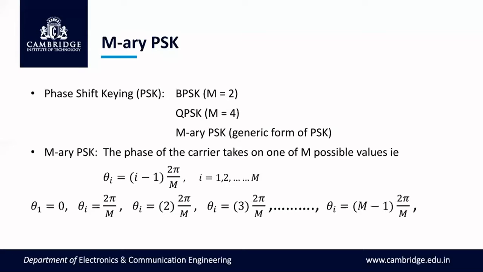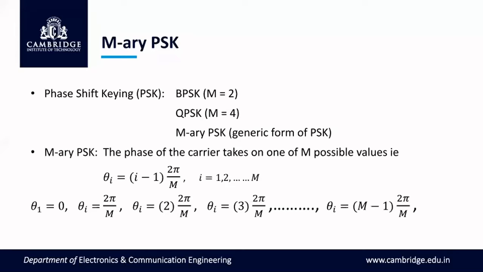Now I'm coming to M-ary PSK, which is the generic form of PSK. Nothing but the number of symbols at the input information source will be M. This M may be any integer. M equal to 2, binary PSK. M equal to 4, QPSK. Like this, M can be anything. If M is equal to 8, octa phase shift keying. So instead of going through the discussion separately for BPSK, QPSK, we generalize everything and put it under one heading, M-ary PSK. Okay. So keep it in mind.